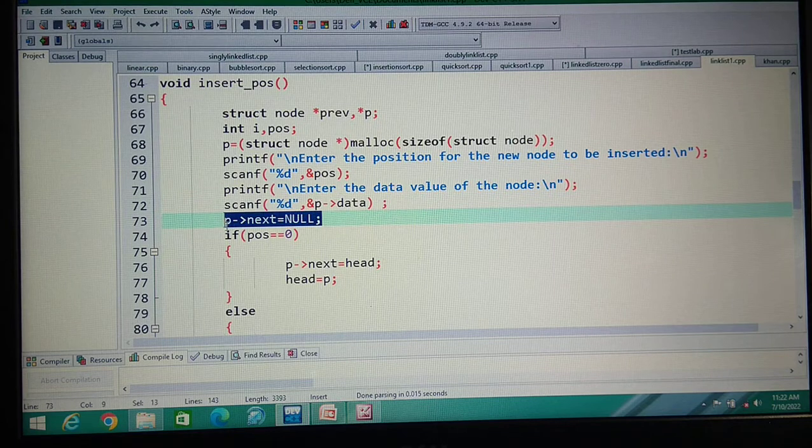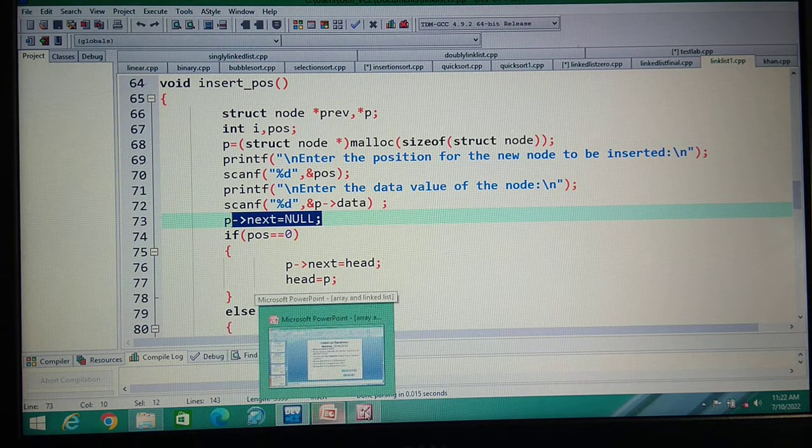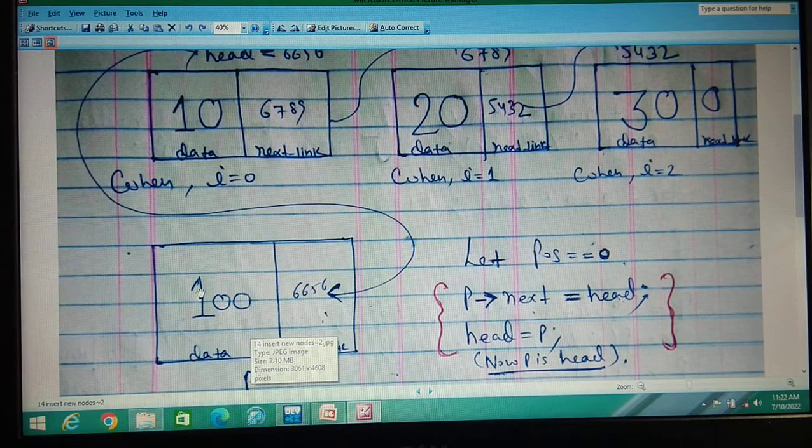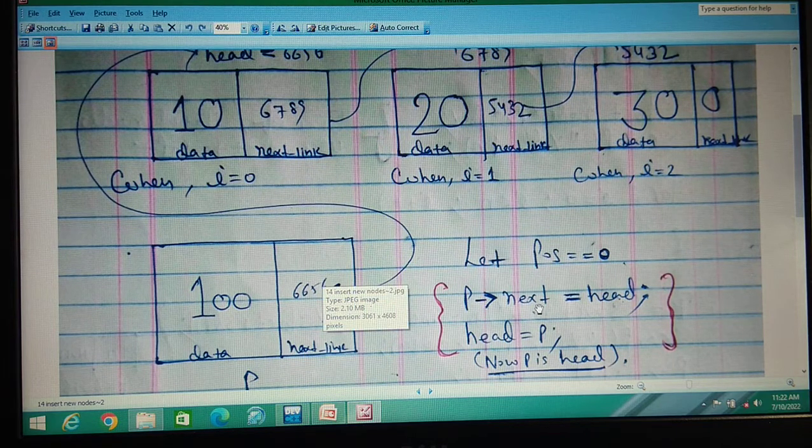Then after that we are writing p.next is equal to null. Okay, these 3 lines. Again I will explain these 3 lines. So these 3 lines mean you allocated p, and suppose the user has input 100 with scanf. This is the graph of this, and after that you have written null. Before it was null.